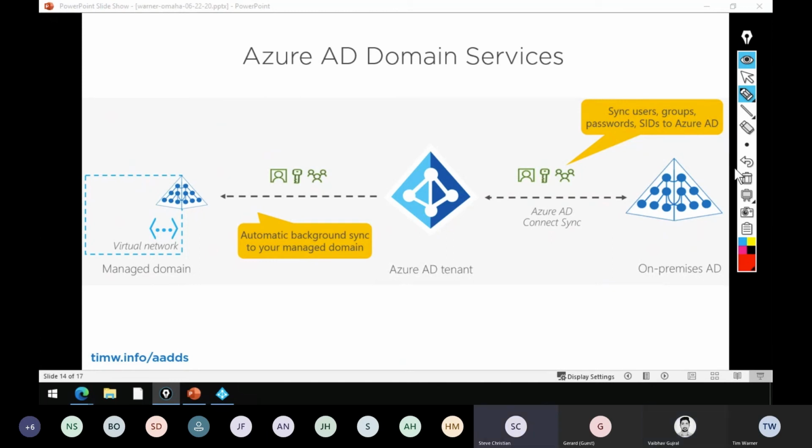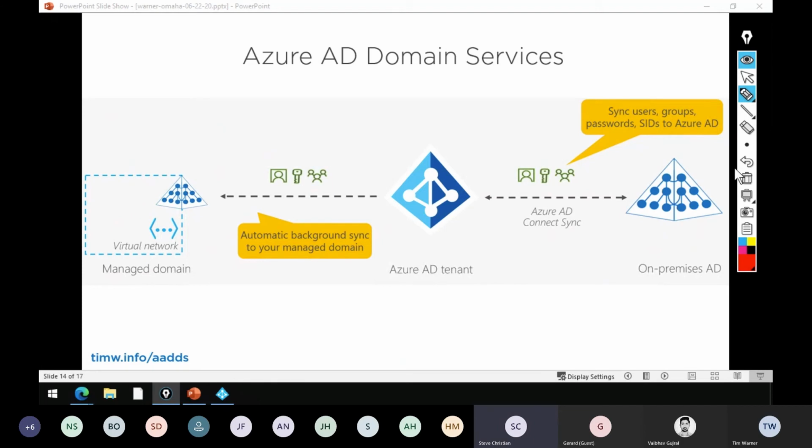Azure AD Domain Services. Back in the day when we had HDInsight, I don't know if you guys remember what that was. If you wanted to do a domain-joined HDInsight, the only supported way to do that was to stand one of these up.